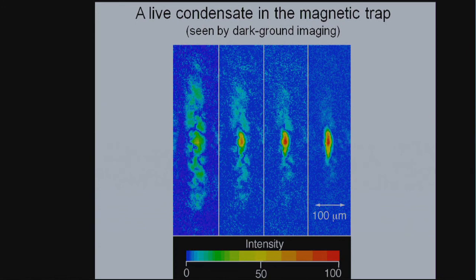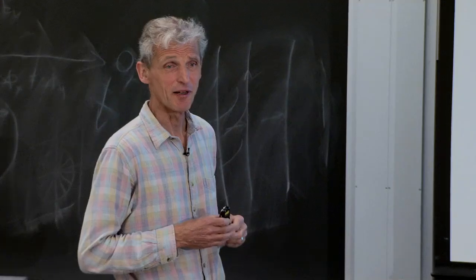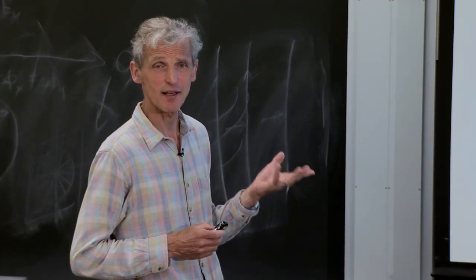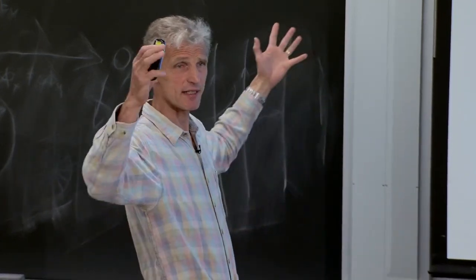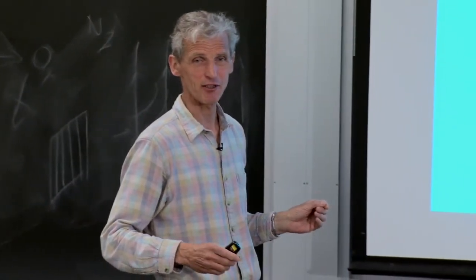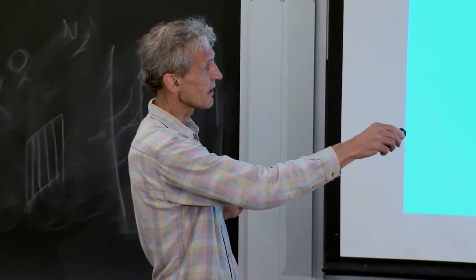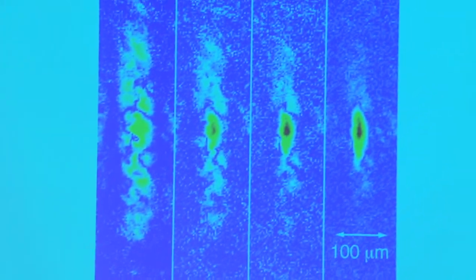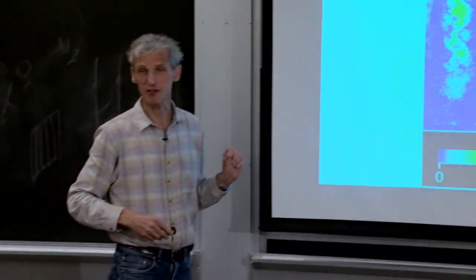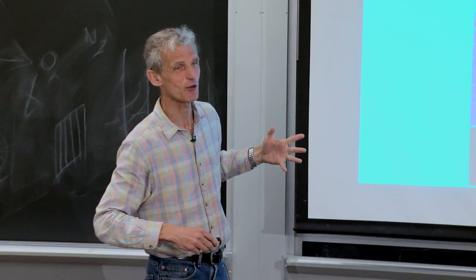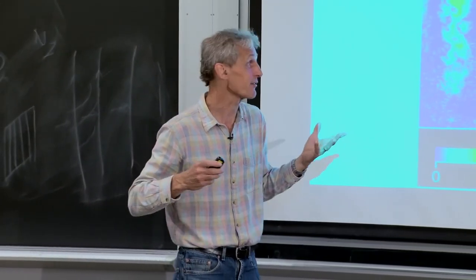Let me start the discussion of the inhomogeneous Bose-Einstein condensate by showing again a picture which brings back memories of 1996. It was the first time that we could see a Bose-Einstein condensate in the trap. Before, people had just seen it by time of flight, when it was pretty much already destroyed or just flying out. But here we see the trapped Bose-Einstein condensate, and we could even take multiple pictures of the same condensate. So you can say this was the first time that a condensate was seen alive.